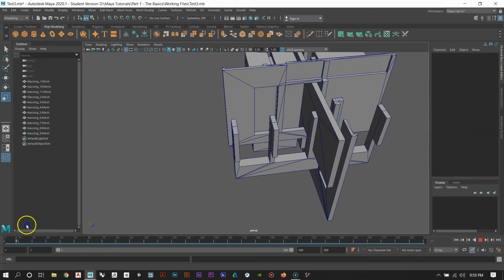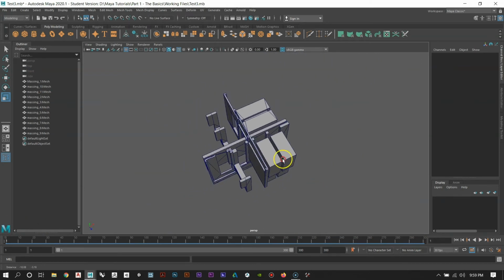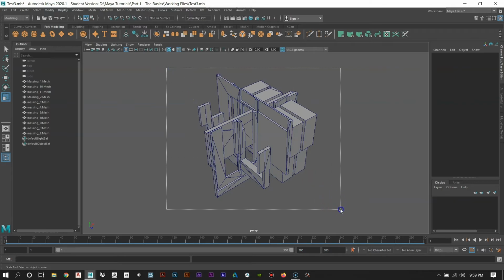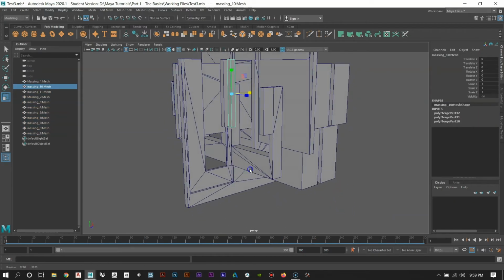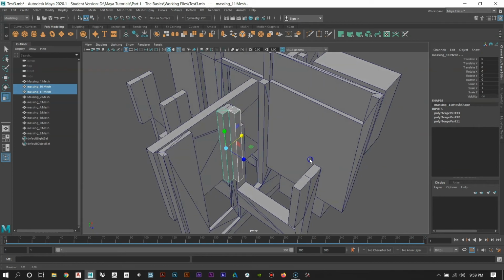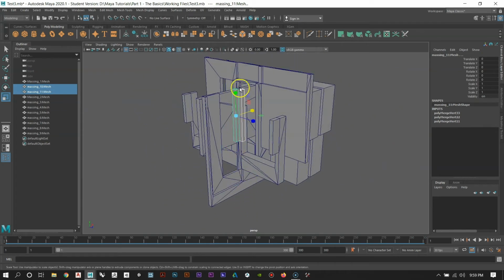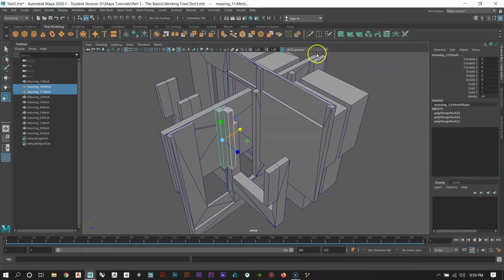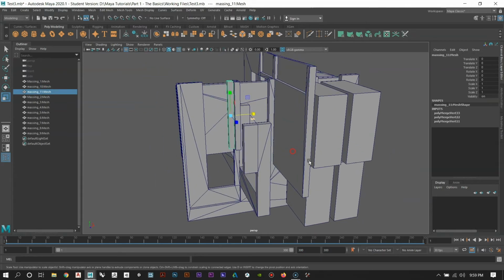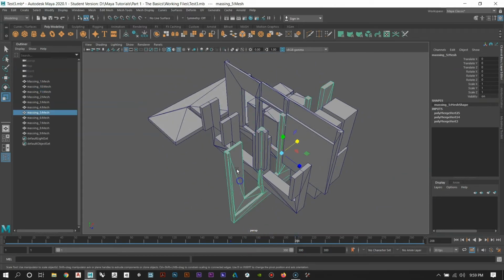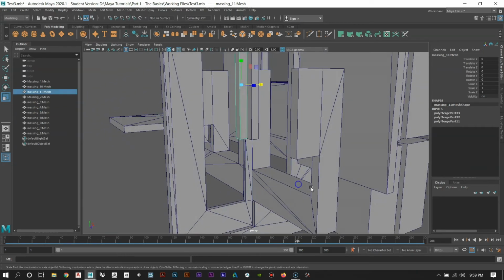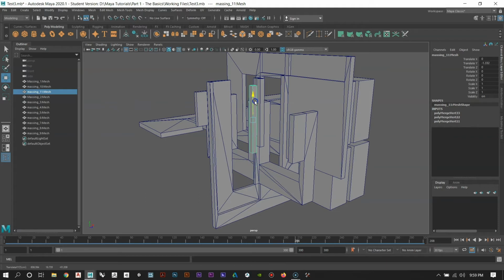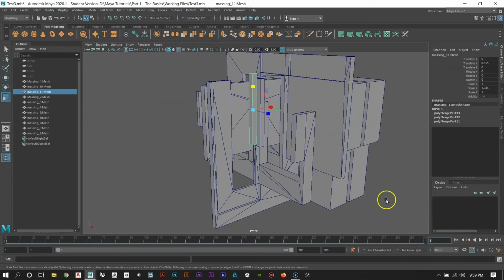Okay, so I'm going to spend some time just kind of keyframing a couple more of these objects sort of moving around. Let's look at these posts, for example. I'm going to kind of have these sort of shift up and down while they're scaling, getting longer and shorter, so you can see what kind of effect that creates. And I'm going to have them sort of sliding along this piece right here. So they're going to kind of move up and down almost like a piston, and they'll scale while they're doing it. Okay, so set my frame back to 1,